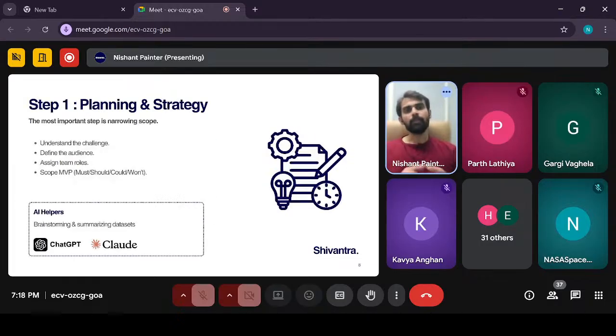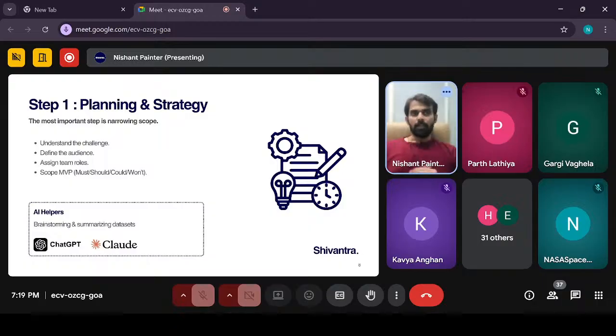Okay. So the first thing that you start with is planning and strategy. Now, this is the crucial part, because if you do not really comprehend what the objective is, you may dwell into a wrong direction, which might not earn you the reward which you are looking forward to. So the first thing you need to do after you have selected a challenge is to reach what is to be presented as an end result. What are the deliverables? Right? This should be very important and clearly defined before you actually start building anything. This is the first step.